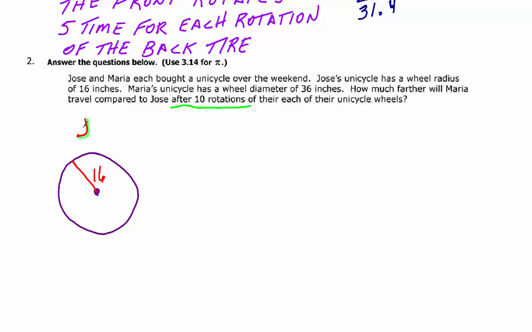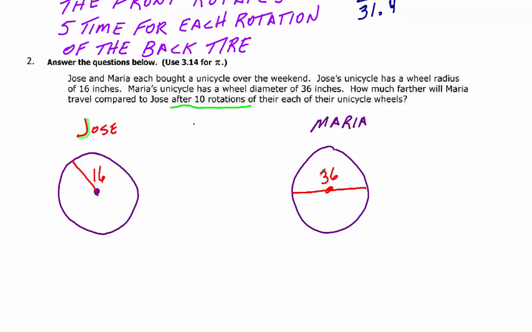Let's just do that in pen instead of highlighter. This is Jose. Over here, let's do Maria. So there's her unicycle wheel. This is Maria. And what we're told is, for Maria's, the diameter, now remember a diameter is all the way across. It has a diameter of 36, which means if it has a diameter of 36, it has a radius of